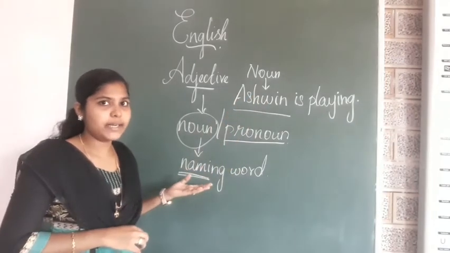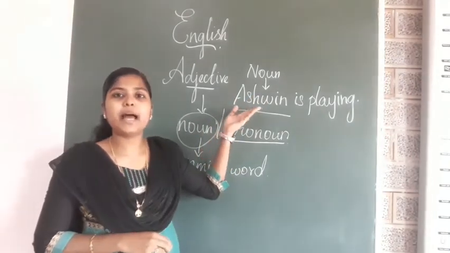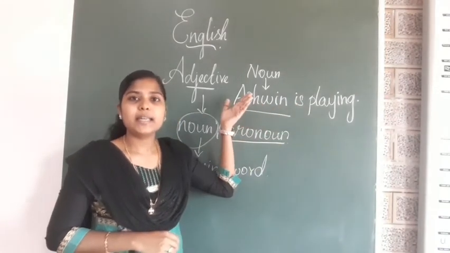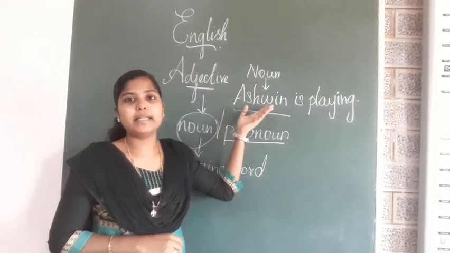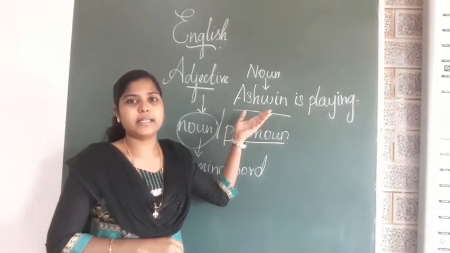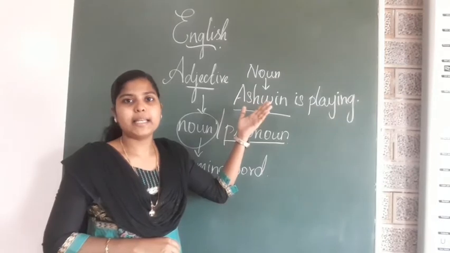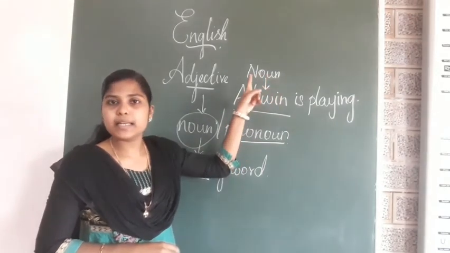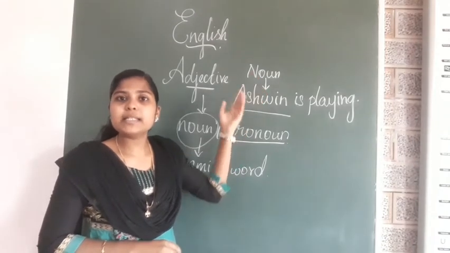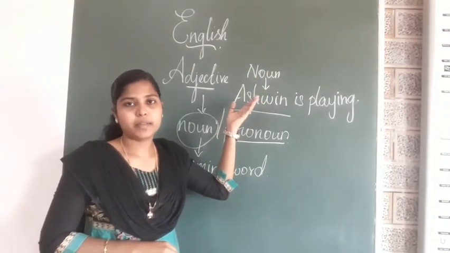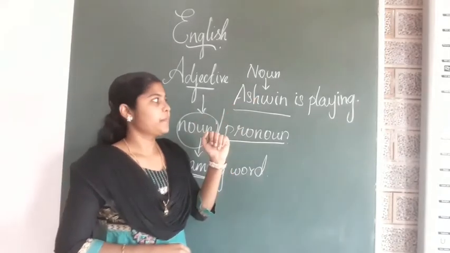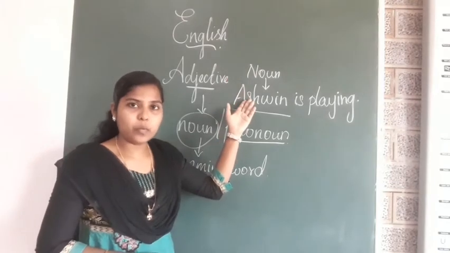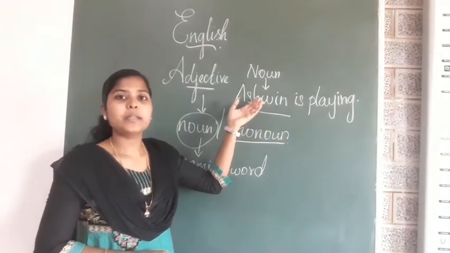Noun is a naming word. Here I have written an example. Ashwin is playing. Here the word Ashwin is a noun. It is a naming word. It denotes the name of a person, a boy, isn't it? So Ashwin is a noun here. Why? It is the naming word. Is that clear? Okay. So now instead of this noun, this name of a person, I am